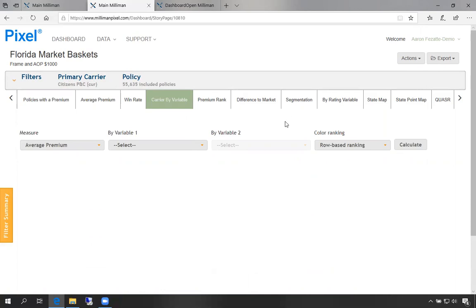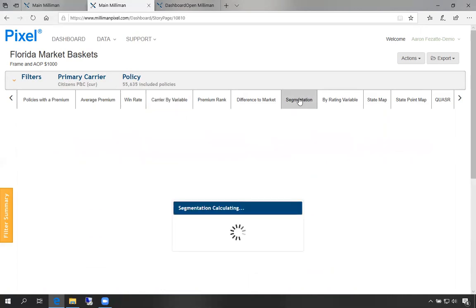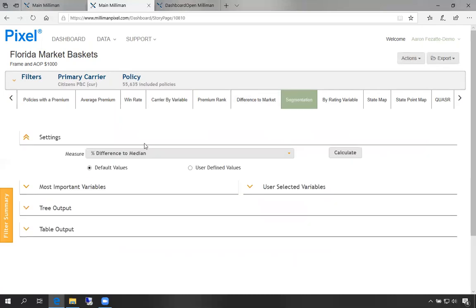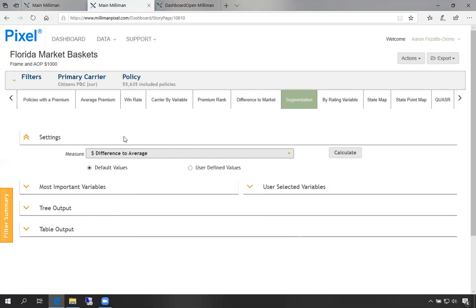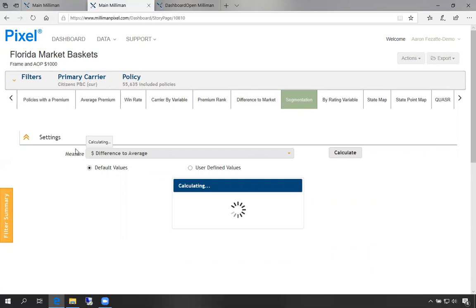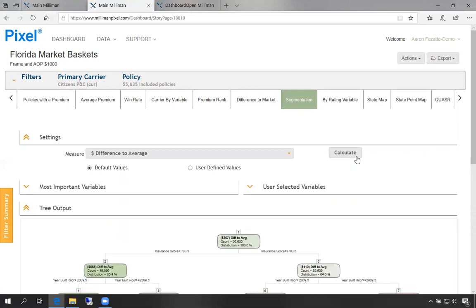So instead, we actually have some decision trees built into Pixel, which are on the segmentation tab. So we'll go over here. So here we've been looking at averages, so we'll look at the dollar difference to average. At the very basic level, we'll just select calculate to see what is driving the dollar difference to the average premium for Citizens compared to all of the competitors.